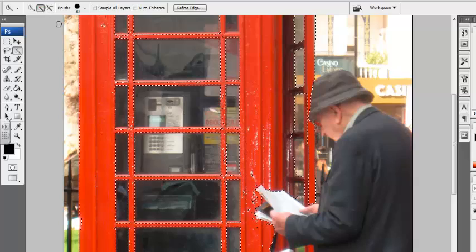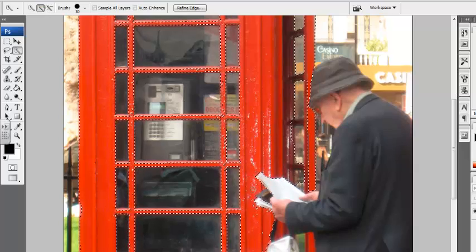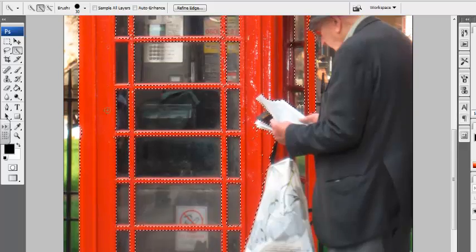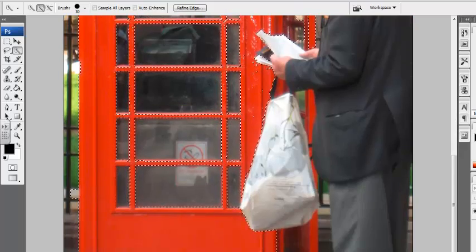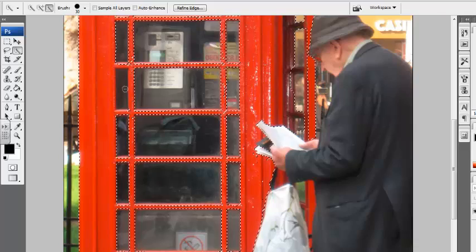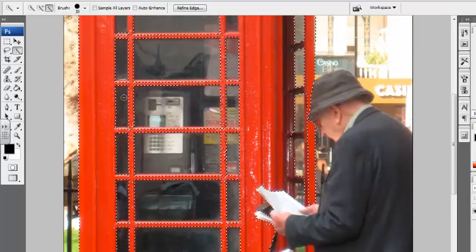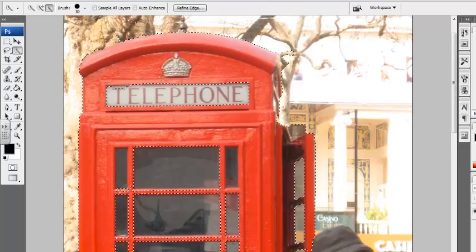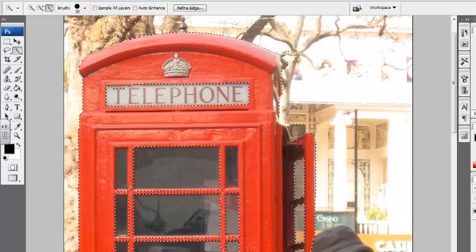Okay, now continue to select all of the red. You can see most of this is already going to be selected automatically. Just like so. We do not want to select the man, we just want the phone booth. So let me correct this right here. Okay, once you have all of the phone booths selected, see I still have a little bit up here I messed up on. Once you have all of the telephone booths selected,